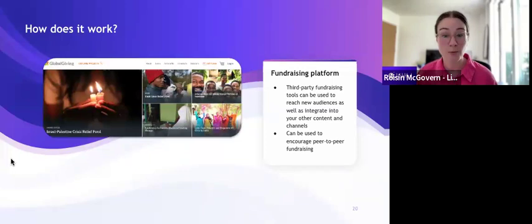Now, the first one is from Global Giving. This is a global platform allowing you to receive donations from all over the world. And Global Giving are also one of our long-standing partners at Lightful, and it's a really great platform for smaller grassroots organizations, and they provide lots of support to their users as well. And you can create really professional, but also personalized fundraising pages where you can tell your organization's story in a really clear and compelling way and invite your donors to give the way they want. Donors also have the option to give monthly, or they can give one-off. And there's lots of different fundraising options you can share as well.